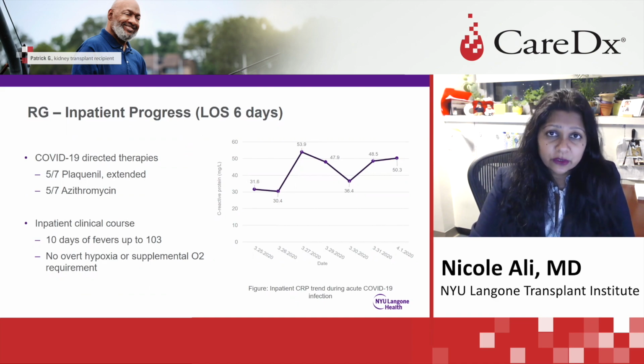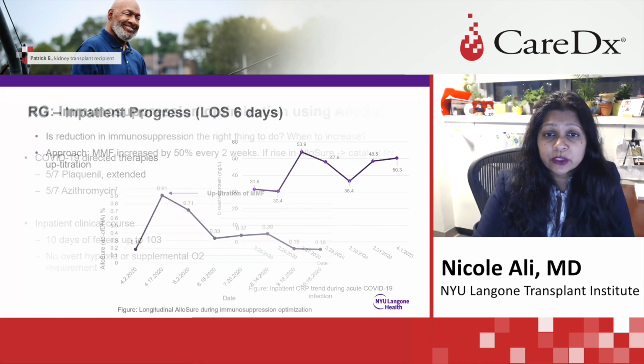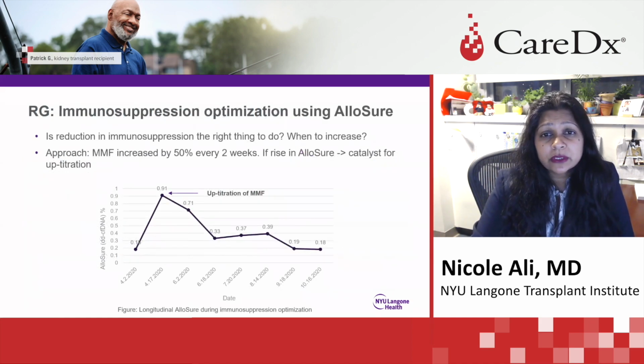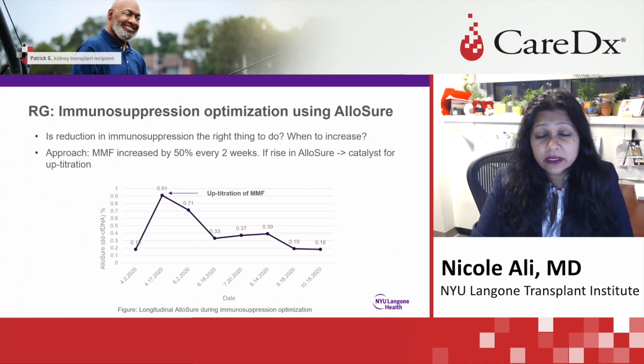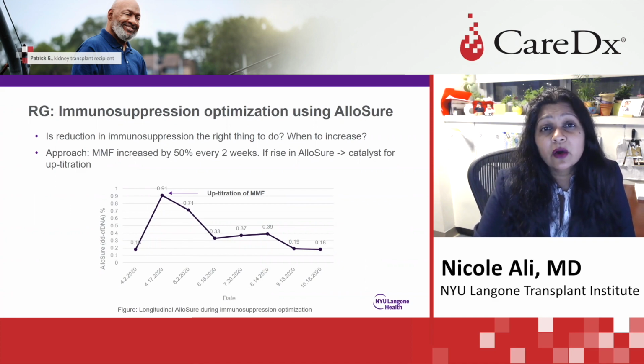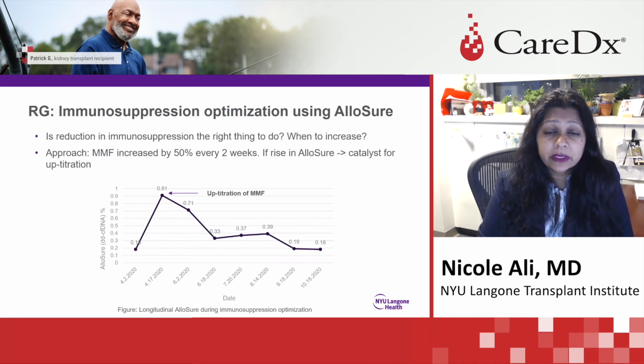At that time, we were still treating with Plaquenil, which we no longer do, but that was what was being done at the time. So we treated him with Plaquenil. We gave him a course of azithromycin, and we saw here, his inflammatory markers were quite elevated. We were very concerned about reducing immunosuppression in this patient, so we did reduce his immunosuppression just a bit. We cut his tacrolimus down in half to a goal of about 4 to 6. We decreased his CELSEP down by 50% rather than stopping it completely, because he was a pancreas transplant patient, and as you all know, those are more prone to rejection.